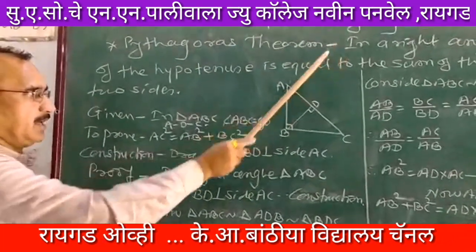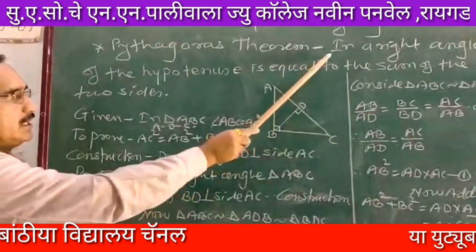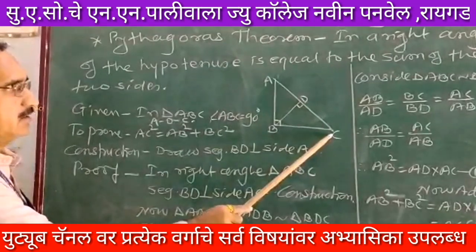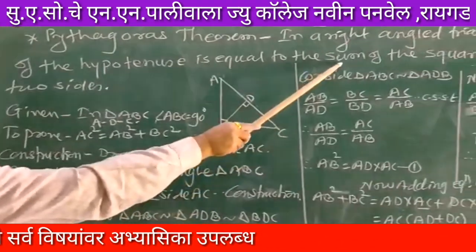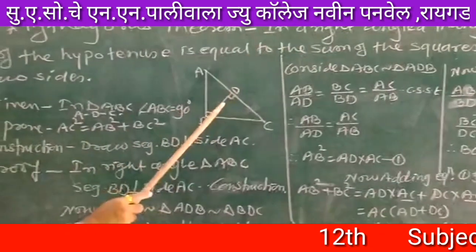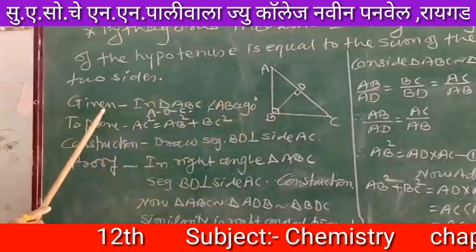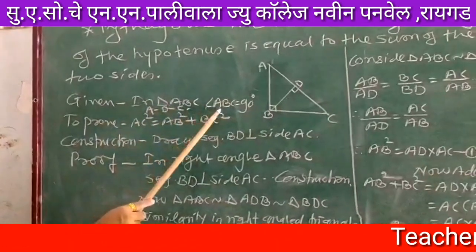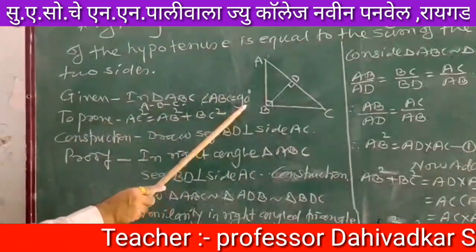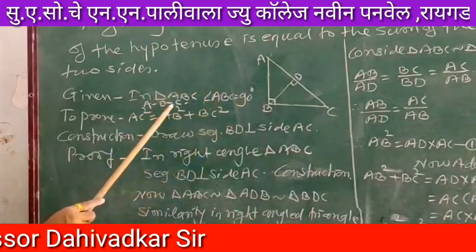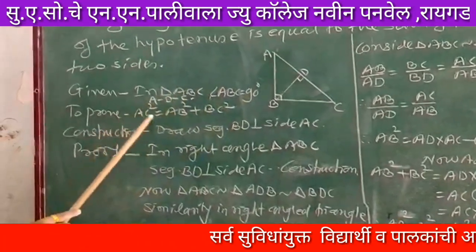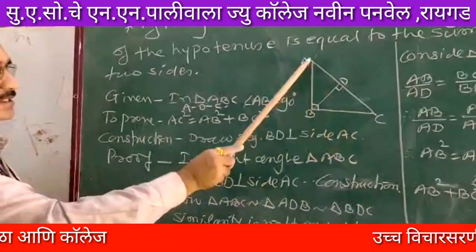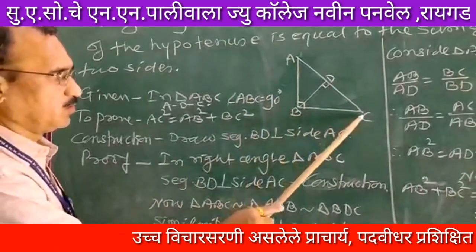With the help of the statement, we can draw the figure. Triangle ABC is a right angle triangle, and what we have to prove? This is the last part of the statement of this theorem. From this figure, we can write the given. What is given? In right angle triangle ABC, angle ABC is equal to 90 degrees and A-D-C. Then what we have to prove? The square of the largest side is the sum of the squares of the remaining two sides.